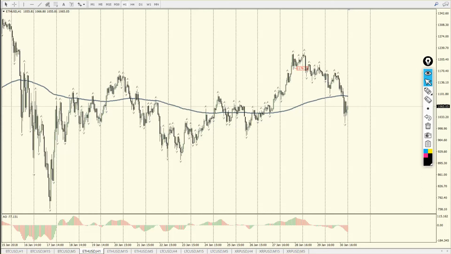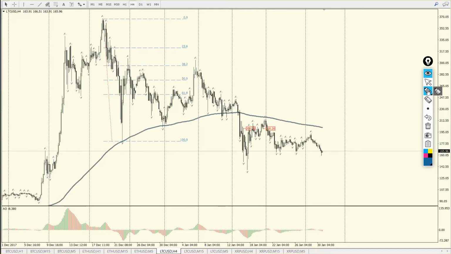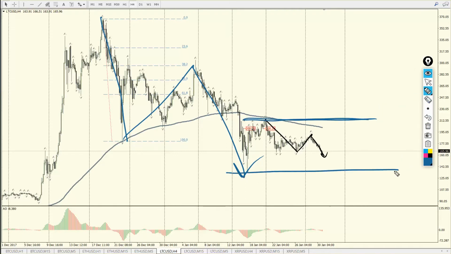Next pair is Litecoin against US dollar. Litecoin has a very similar logic to Bitcoin. We have also an FZR of all time frames down, and here you can see also an FZR for myself that I will use for my day trading. But you will remember from my last review I mentioned this reference point and this reference point, and I said that as long as we're between those two reference points, we're in a flat phase of H4 and Litecoin will go nowhere.